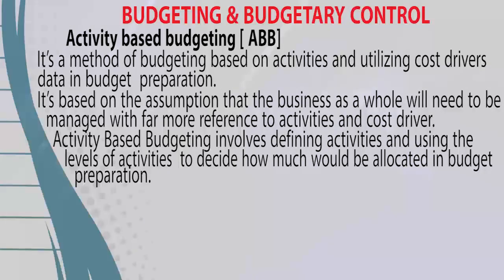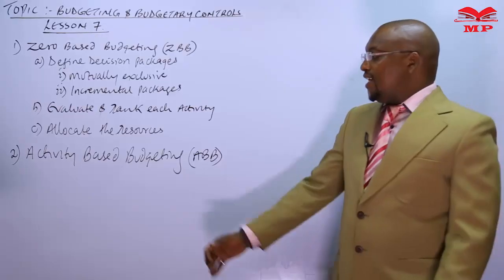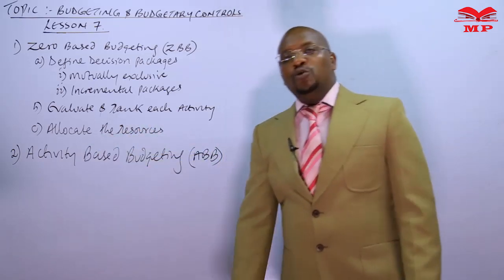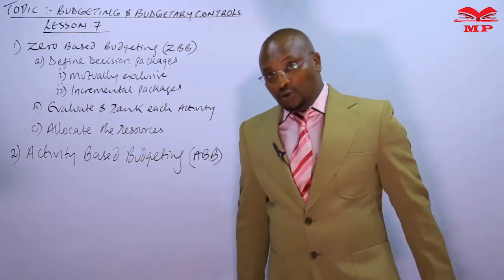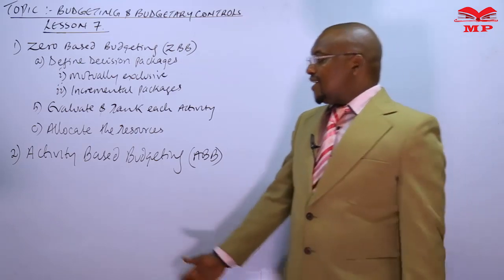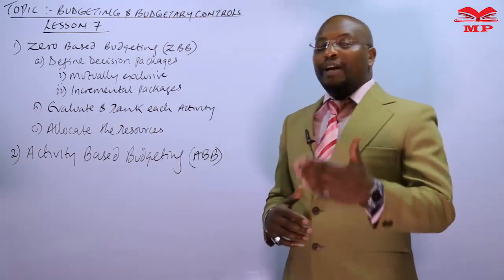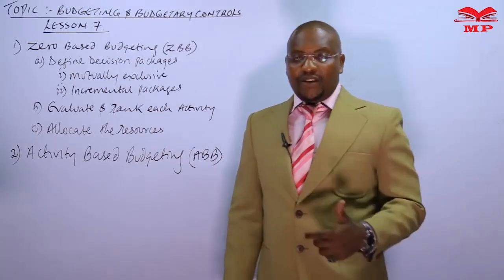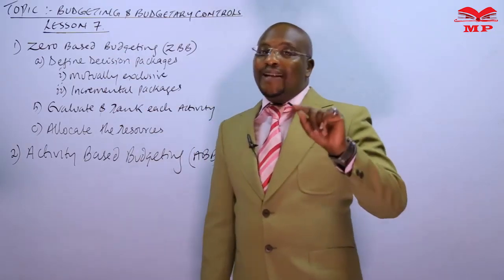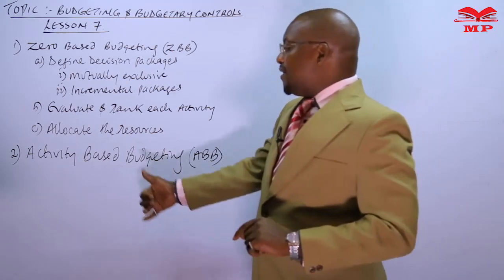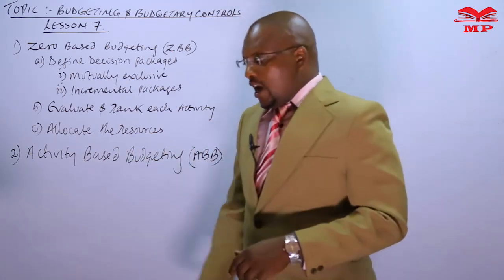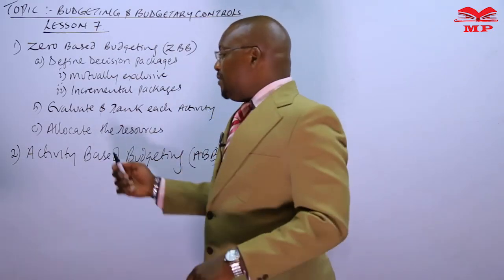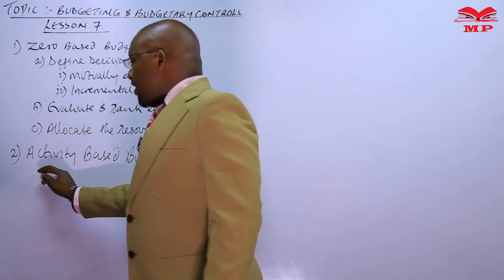Now, this is what I mean. This is a budget which is based on activities when you are allocating the resources to the products. You don't just allocate that this is the amount of money we are going to spend on producing product A, producing product B or C. We allocate based on the number of activities the product consumes. One of the principles in ABB is that the